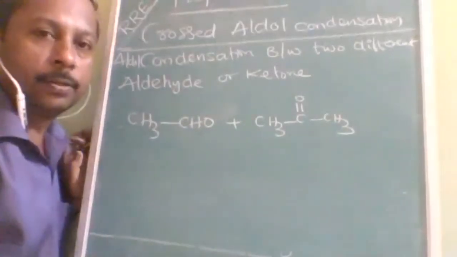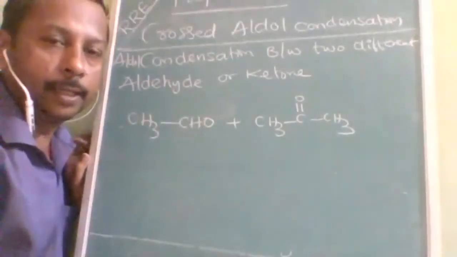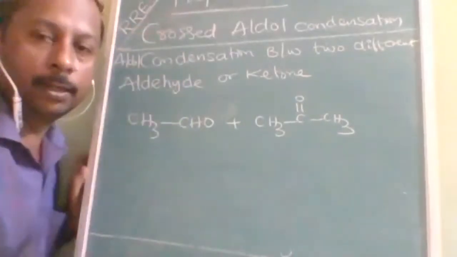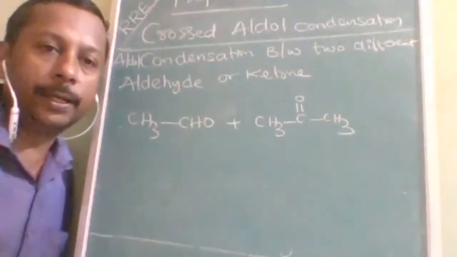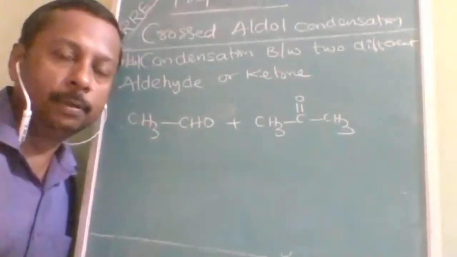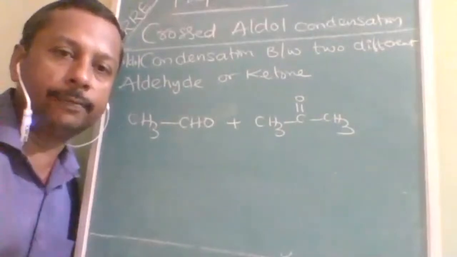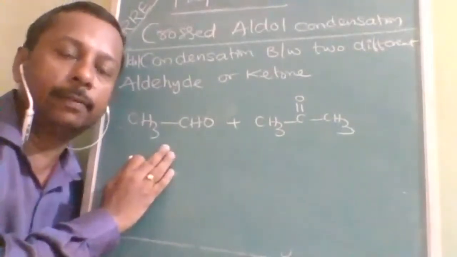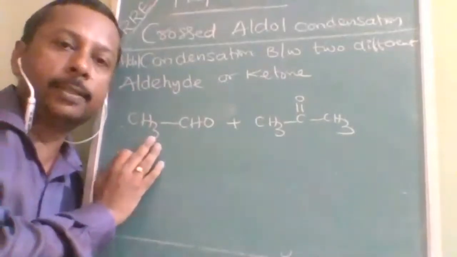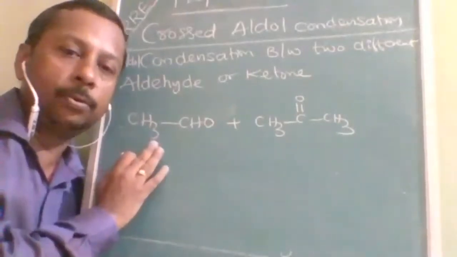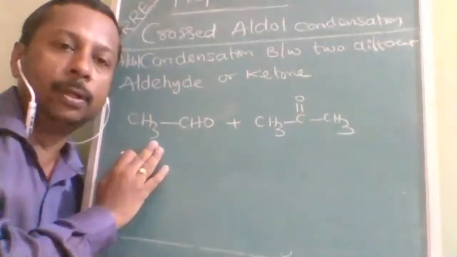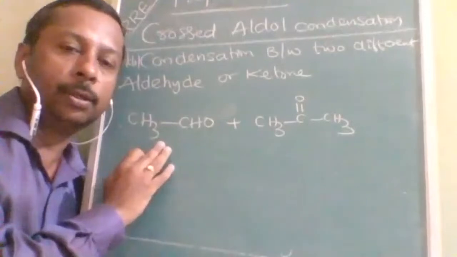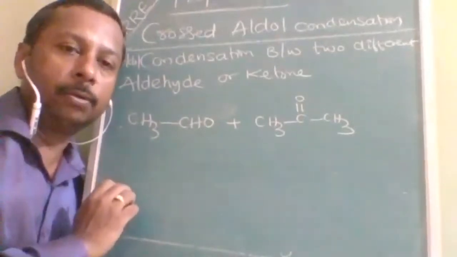Okay, we are into the next topic of the aldol condensation. Next type, that is crossed aldol condensation. In simple aldol condensation, both aldehyde and ketone must be the same. If the aldehyde and ketone are different, the 2 moles are different. In the previous examples, we took both acetaldehyde, both acetone, otherwise both butanal, both butanone, both pentanone, like that cyclopentanone we have taken.